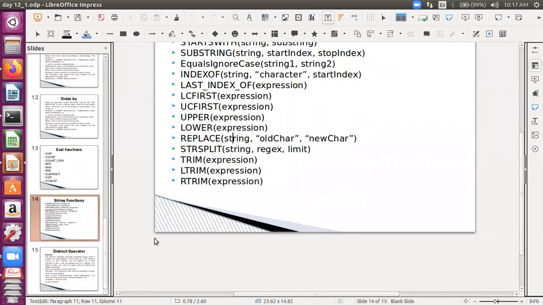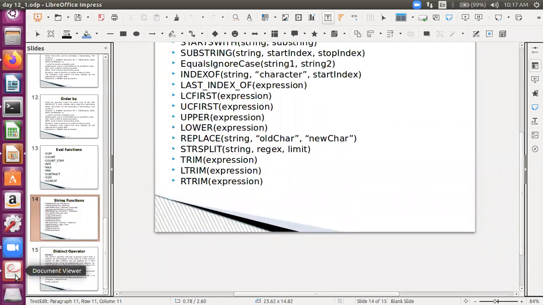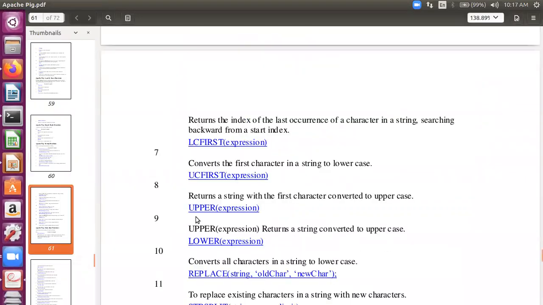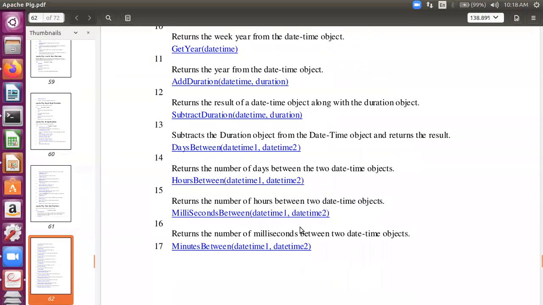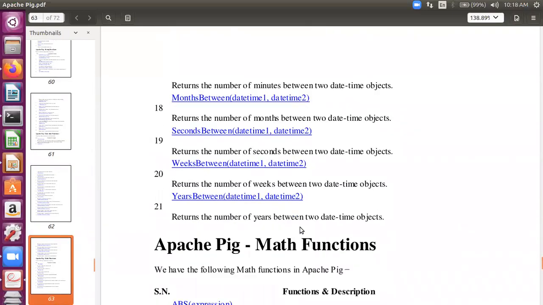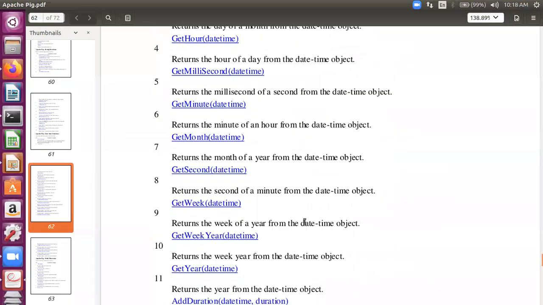Okay. So I just want to move ahead because time is less. I'll just be discussing some very interesting date time functions with you. And now I would definitely request those of you who are interested in real analytics to pick up a copy and pencil and write, because the queries based on date are very interesting, and you can extract so many things out of a date. First, let's see what is the date format in Pig, and then we'll discuss all these functions. There are so many date functions, and then we'll discuss the math functions and then the Pig architecture.